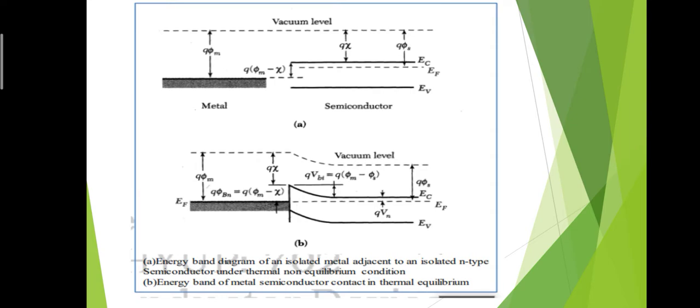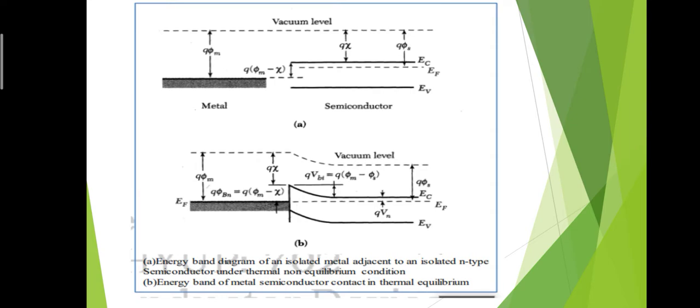Now again we have all those things as we discussed in our previous video. In this video, the energy band diagram of the metal and semiconductor is the same as shown in figure A, but in figure B we have the alignment of the Fermi energy level. That is, some factors are introduced. There is a formation of the barrier height, shown in the figure as q phi b, which is the barrier height for the electrons which lie in the metal, equal to q into phi m minus chi.